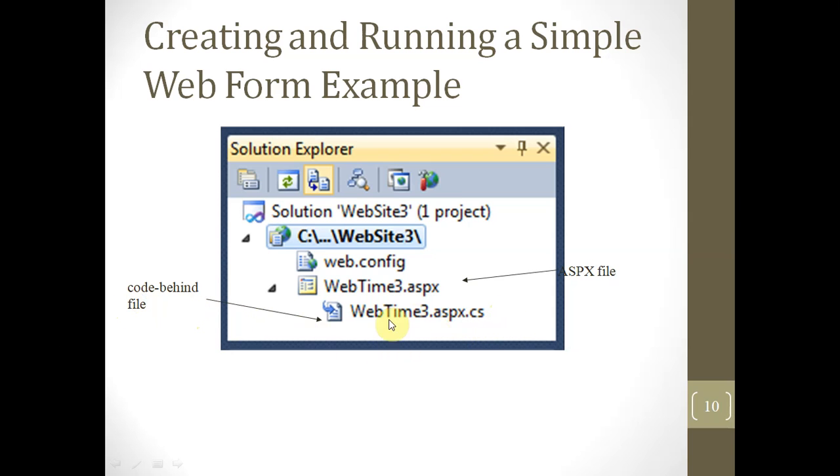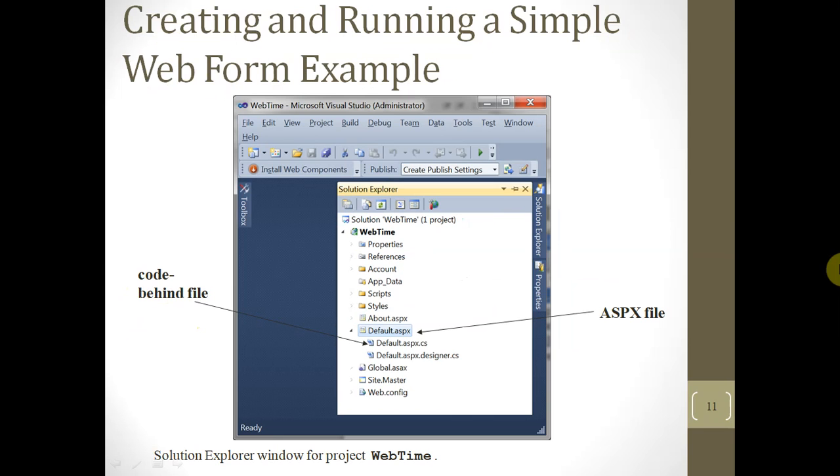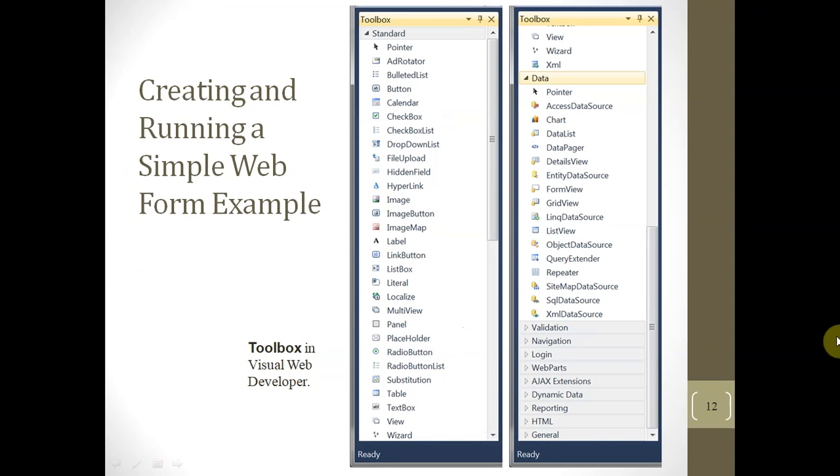I have shown with the arrow the code-behind file. Now see the name of the file: in case we are not writing any name, then we'll have the default.aspx.cs file. So this is the process of creating and running a simple web form example.